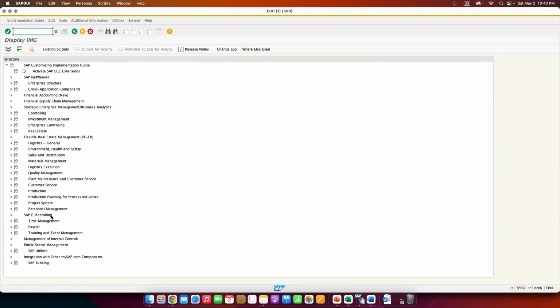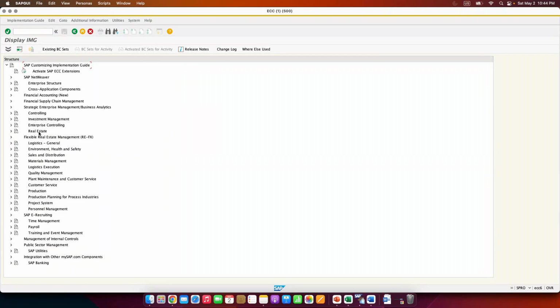On top of ECC, Enterprise Central Component, depending on the industry, those business components will be activated. If you look at this, basically your enterprise structure, financial accounting, controlling, investment management, enterprise control, logistics, sales and distribution, material management, logistics execution, all these are R3 modules, which are ECC, core SAP. On top of it, we activated